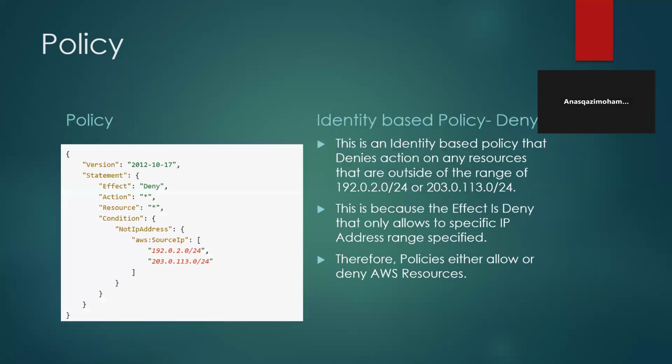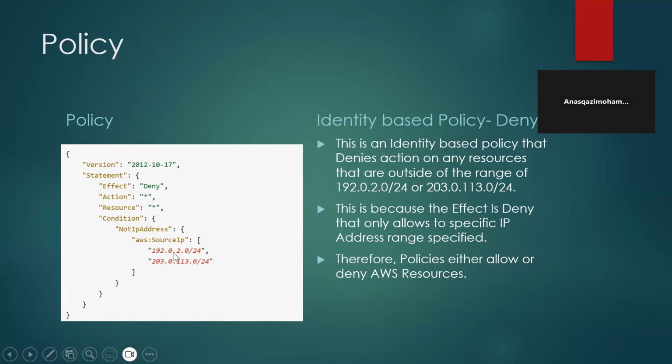Let's have a look at another policy. Here, the effect is actually deny, and the action is asterisk. This is a special identifier that means anyone or all. So this is an interesting policy. If you have a look, it has the version of the JSON document, it has deny, all, and the condition